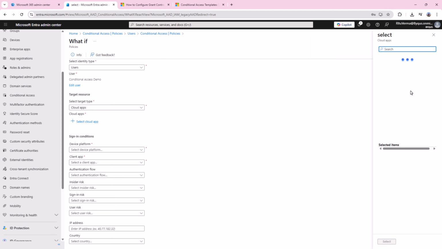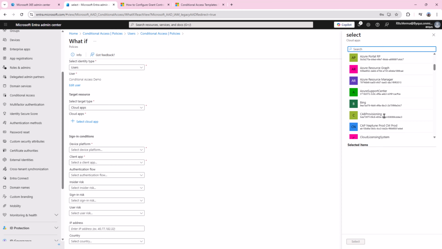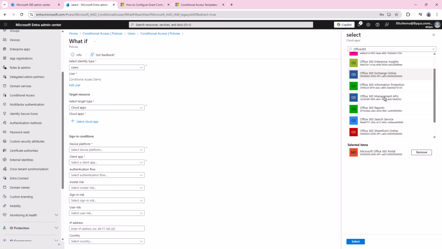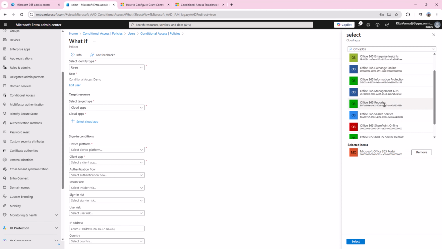Now select cloud apps, so we can select any of the applications here. Office 365 Office portal, okay, or we can select one more, Office 365 Exchange Online. We'll click on select. So Office 365 Exchange Online is selected.